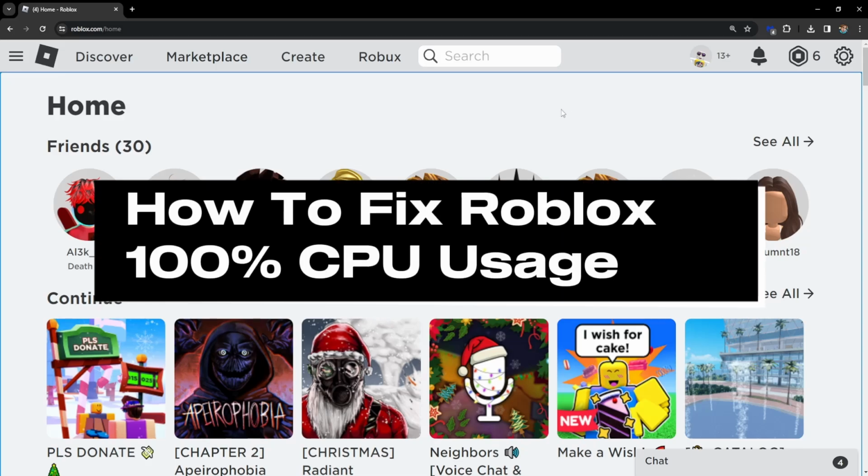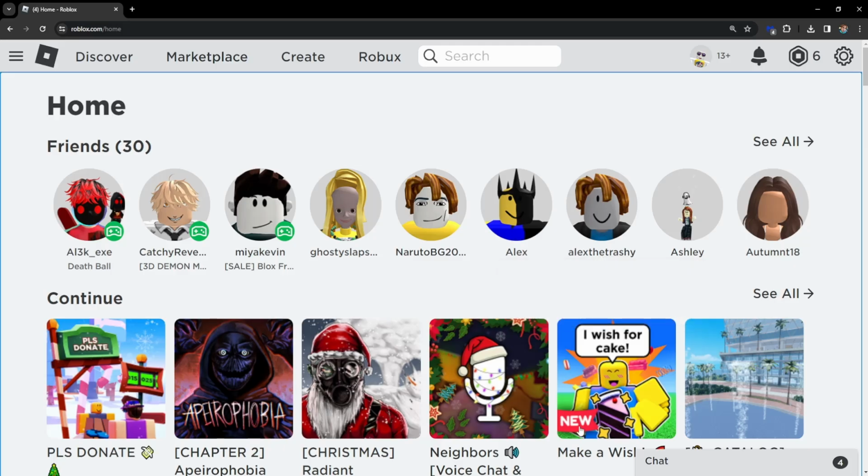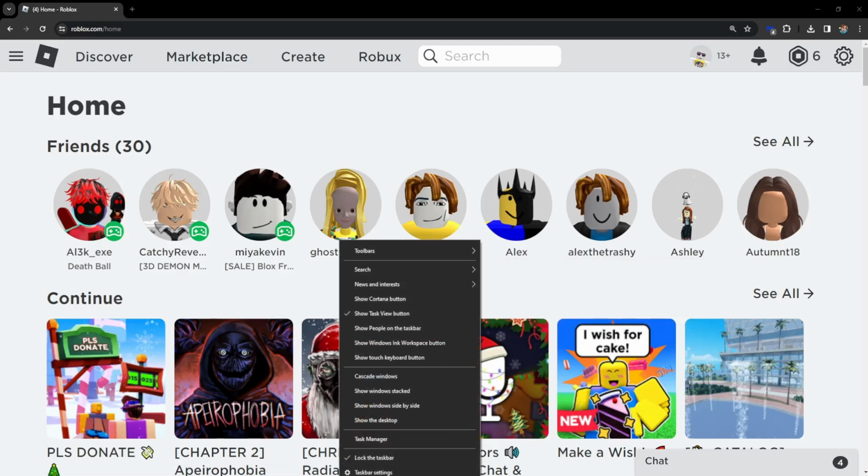How to fix 100% CPU usage on Roblox. I'm going to show you two fixes. The first one, we want to right click on the taskbar, on our taskbar, and then we want to go